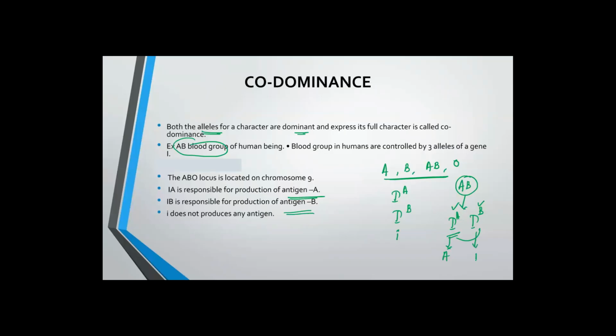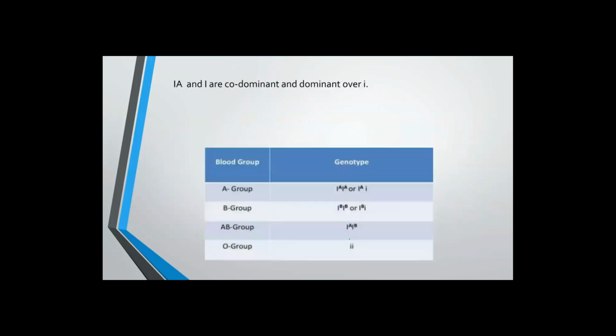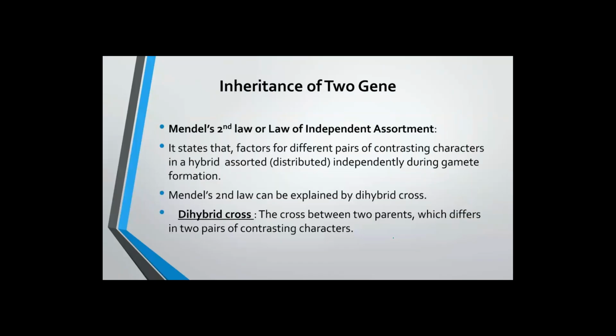So in the AB blood group system, both A antigen and B antigen are present. That means they'll have the genotype I^A I^B, where both are dominant. Similarly, you can see the AB blood group has a genotype where both are dominant. It is co-dominance. Now moving to inheritance of two genes, that is a